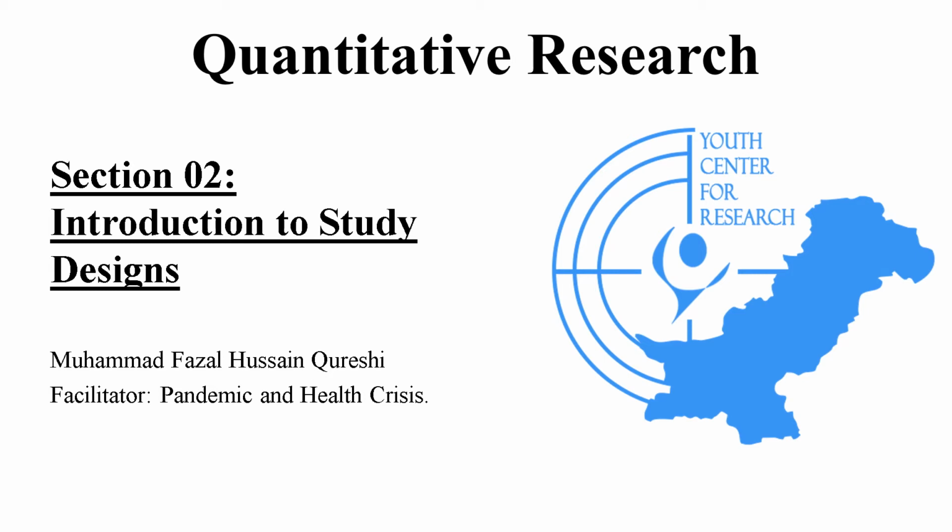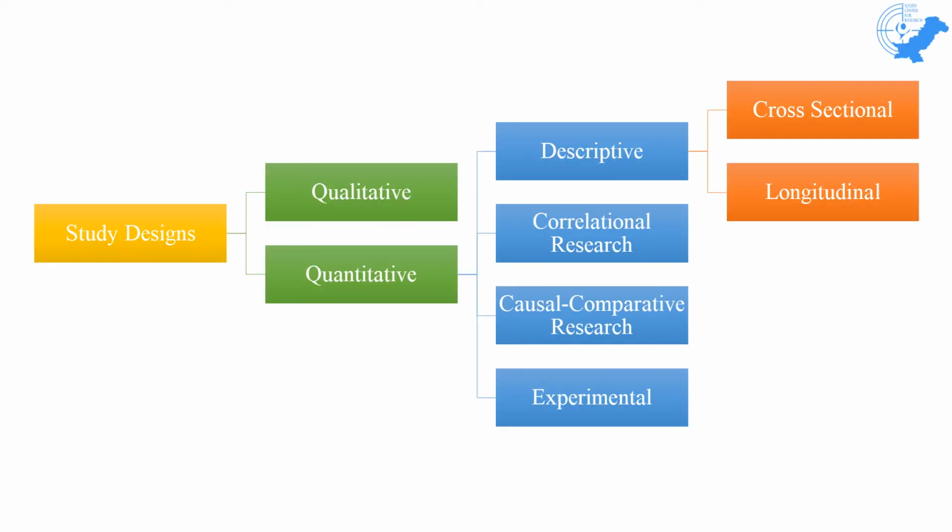Now, with the basic knowledge of quantitative research, I would like to start section 2, that is regarding study design. Study design can be classified in multiple ways depending on the different fields of study. It is different for medicine, social sciences, psychology, and etc. Here we are going to discuss the basic study designs, which form the basic framework of all types of study